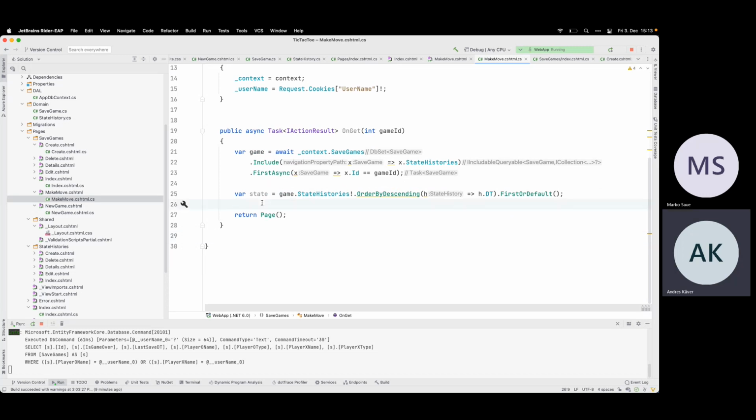Should we initialize the brain game every time we restart the page, or every time when you load the page? So here in the OnGet, now I have the state and the game. So to draw up the board, I need to get the board layout. But here this state has only the JSON string. So I need to anyhow deserialize the JSON string, create the array out of the JSON string, and this is only possible inside the game brain. So game brain knows how to do it and set everything back correctly. So I need to anyhow do this here now.